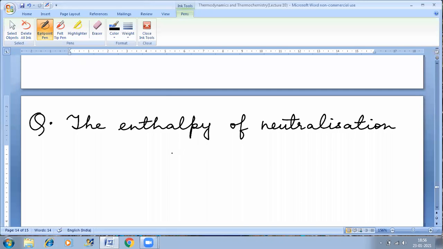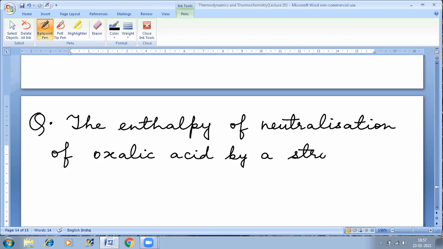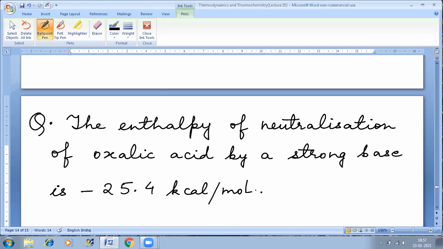The enthalpy of neutralization of oxalic acid by a strong base is minus 25.4 kilocalorie per mole. Find out